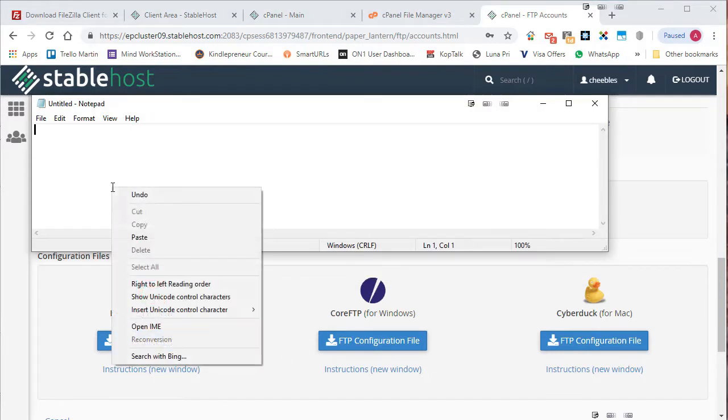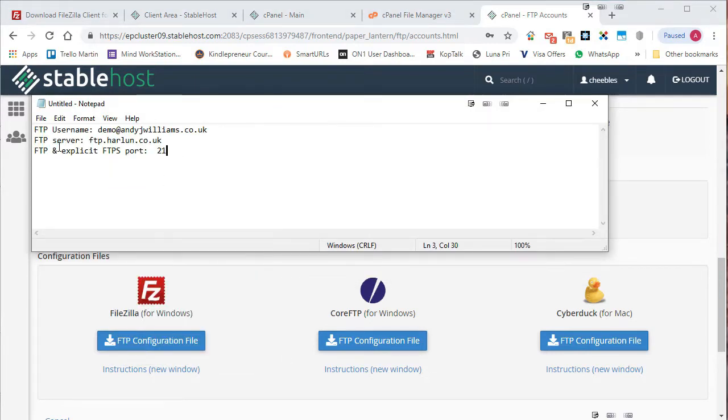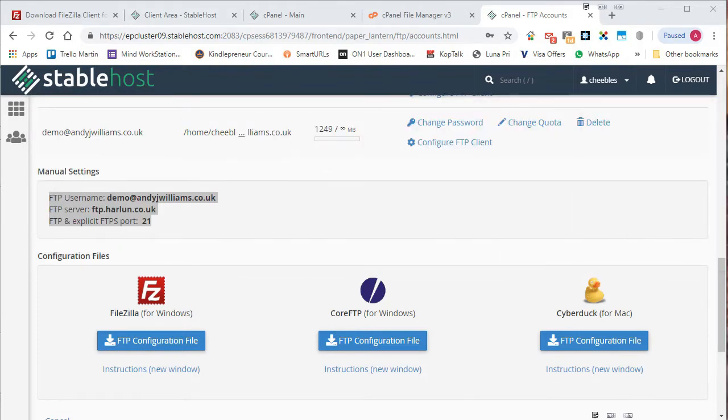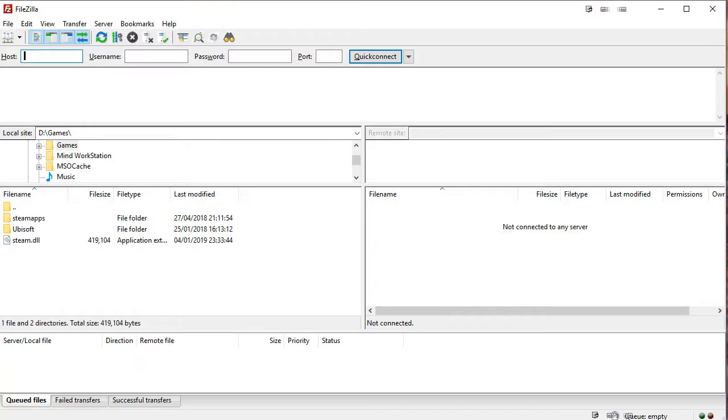Let me just copy them to Notepad. I also am going to need my password. I know what my password is, so that's fine. So now I can go back to FileZilla, and I'm going to click on the Site Manager button top left